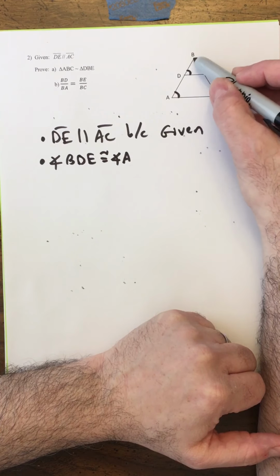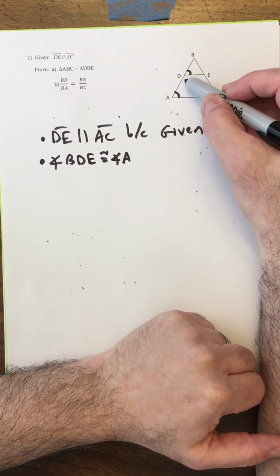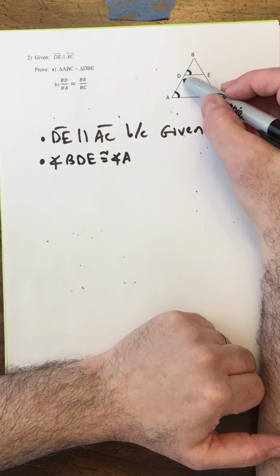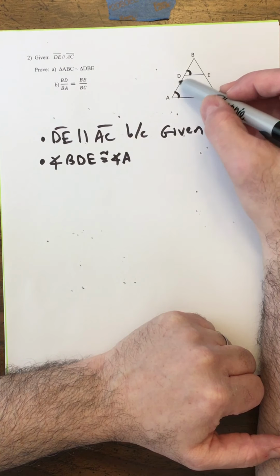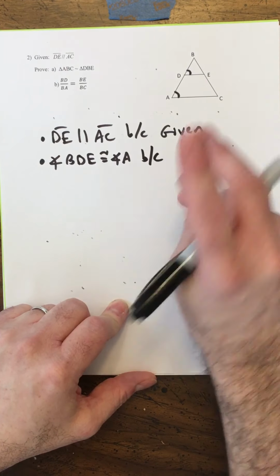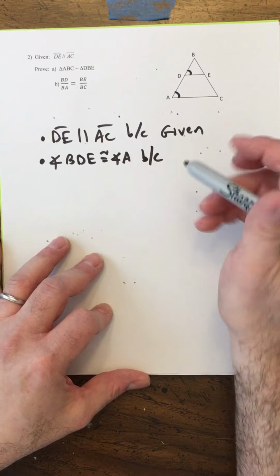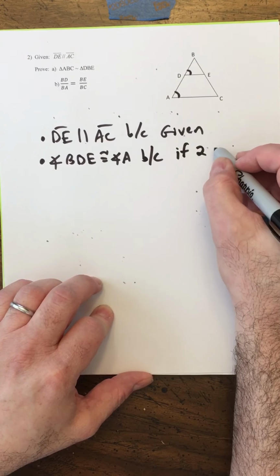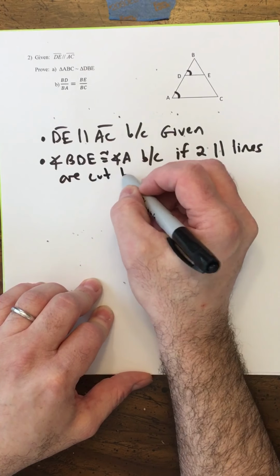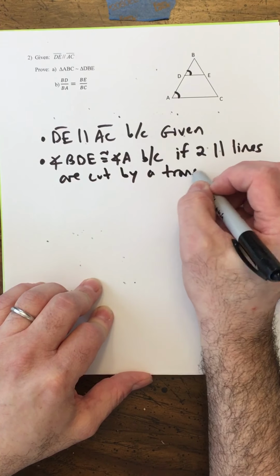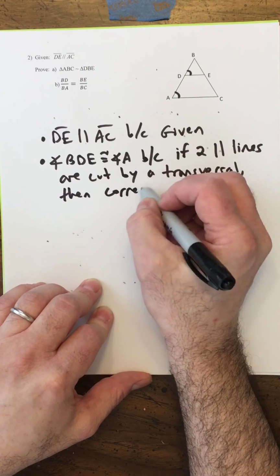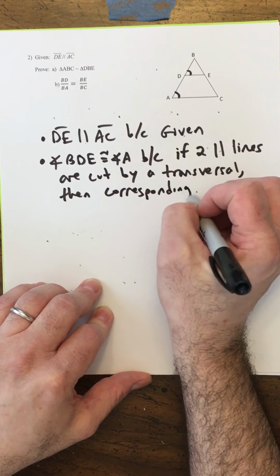But by D, there's an angle up here by BDE, and there's also an angle below ADE. So if you want to name an angle where there's a confusion about which angle you're talking about, you should name it with 3 letters. All right, so we know those angles are congruent, and I'm going to give you the official reason right now. If two parallel lines are cut by a transversal, then corresponding angles